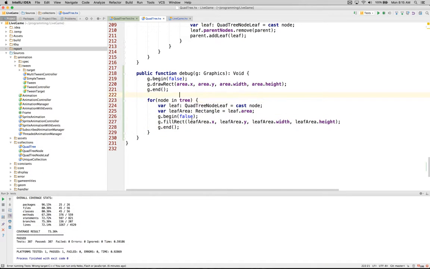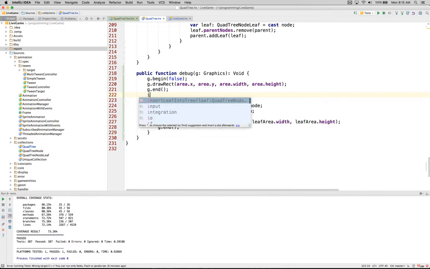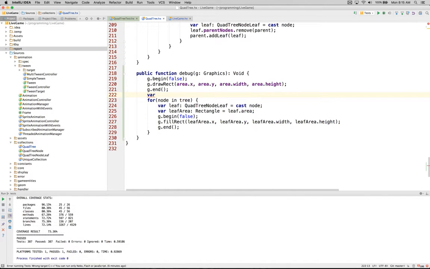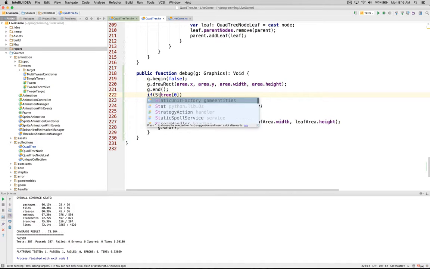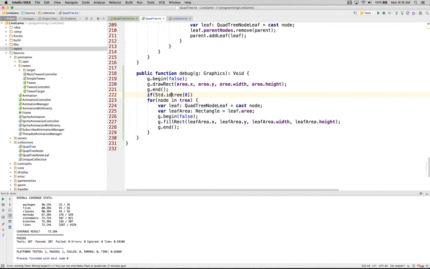So we just need to check if, let's say, it's our first. Now we can just say if tree 0 standard is a quad tree,